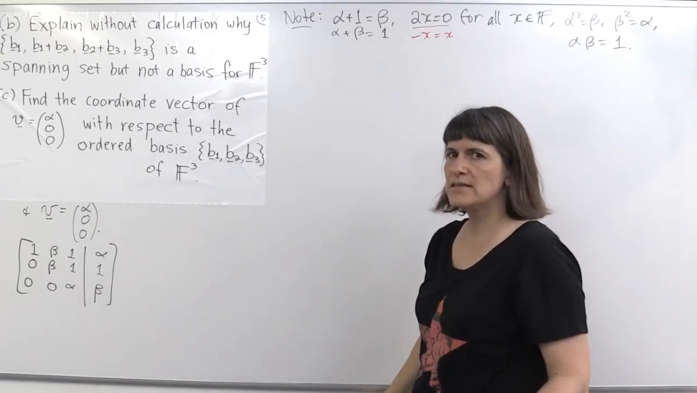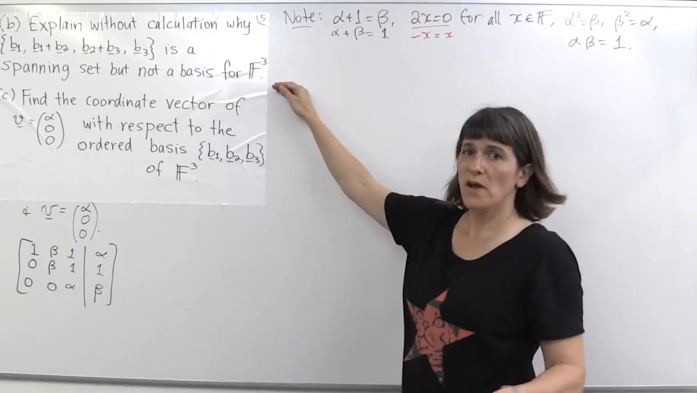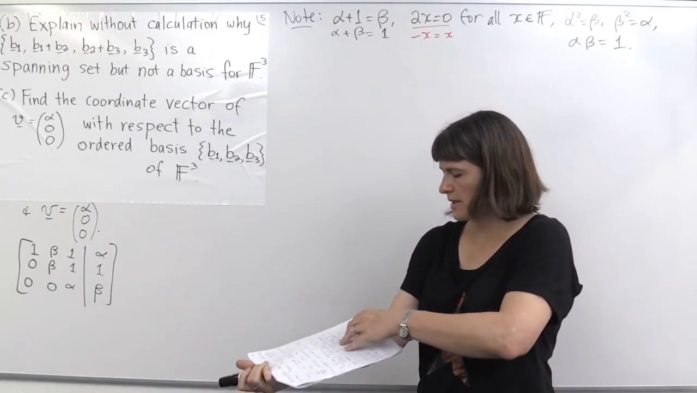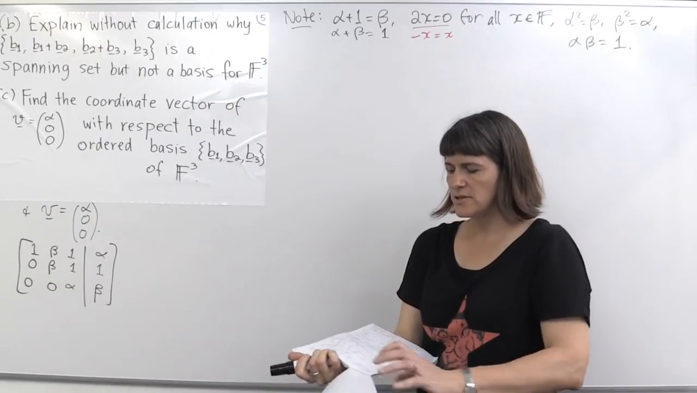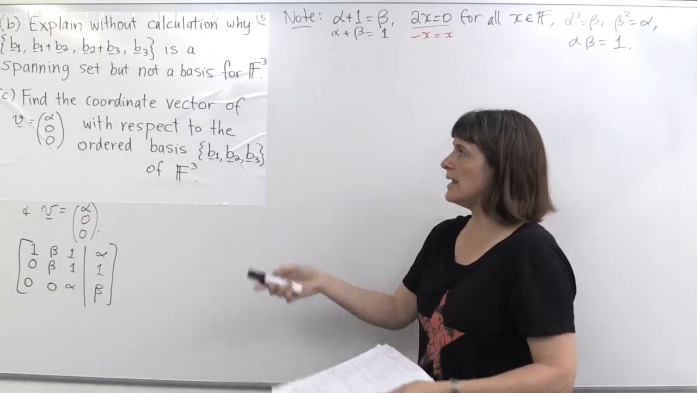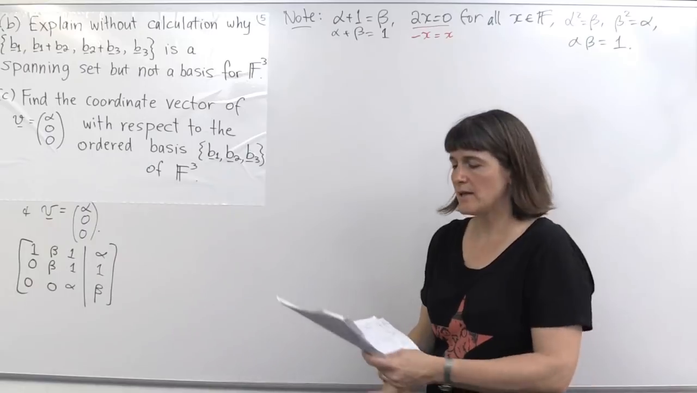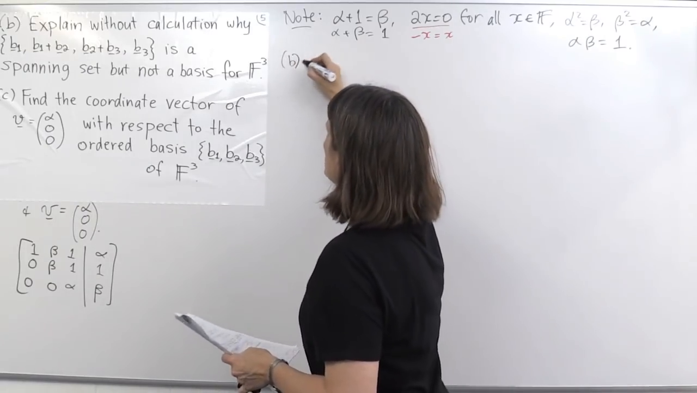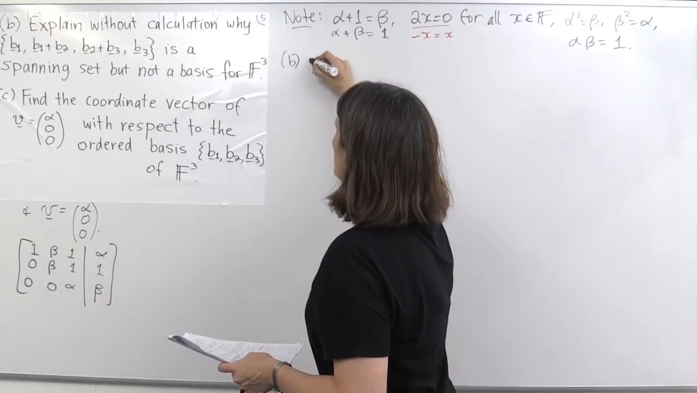Okay, and maybe we could take the second part of that first. Why do we think this is not a basis? Well, there's too many vectors, right? Part of what we learned in the previous part was that the dimension of F3 is 3. We have 4 vectors, so it can't be linearly independent. Let's write that down. Okay, from part A,